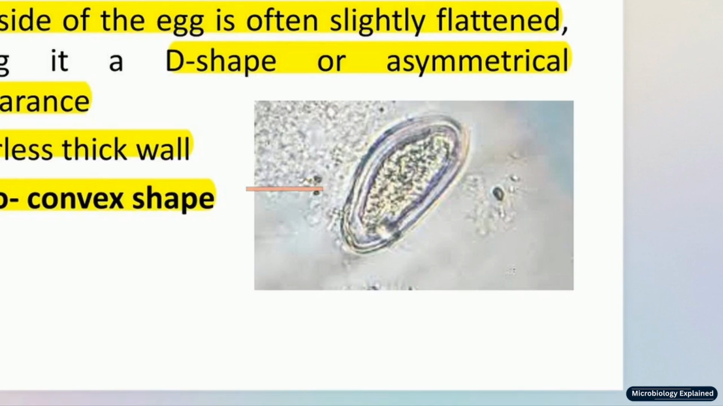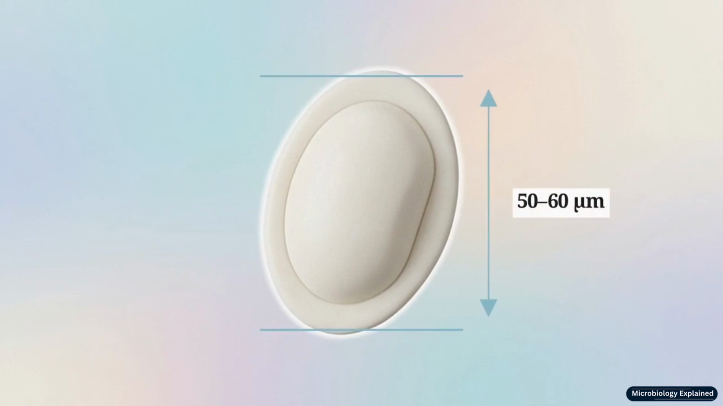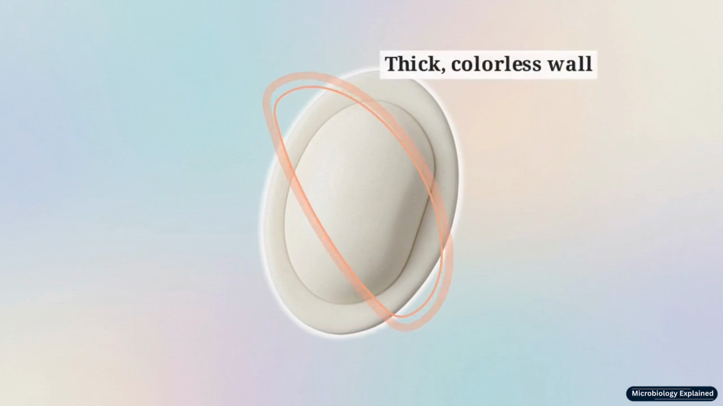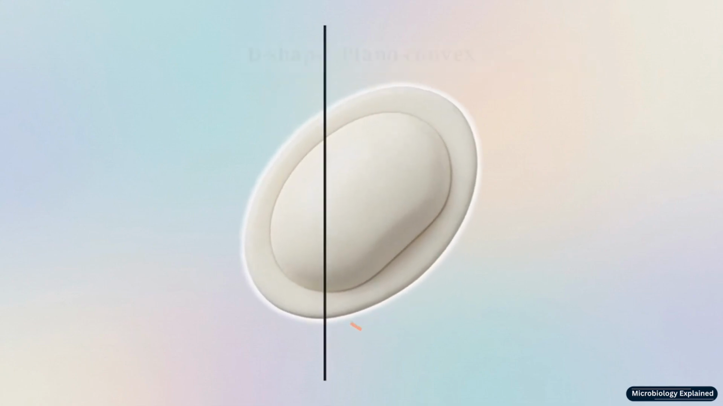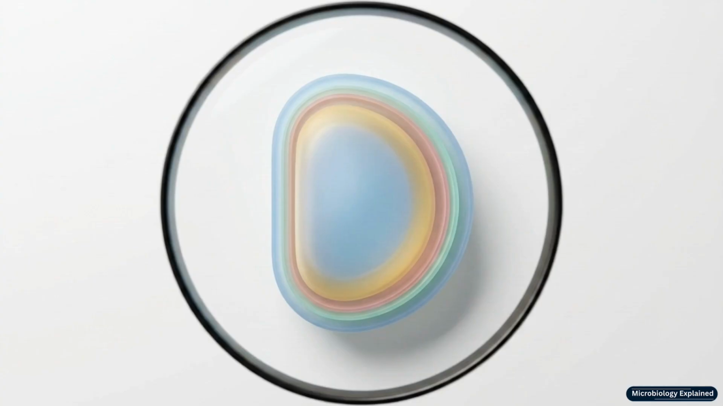tissue. Under magnification, the clinician looks for an ovum measuring precisely 50 to 60 micrometers in length. The egg is encased in a thick, colorless wall, providing the structural resilience needed to survive in open air and on household surfaces. But the definitive identifying characteristic is its geometry. One side of the oval is distinctly flattened, giving the egg an asymmetrical D-shape or plano-convex appearance. Locating this specific plano-convex structure on a diagnostic slide provides absolute confirmation that the parasite has successfully completed its loop